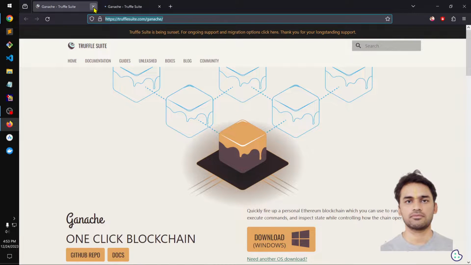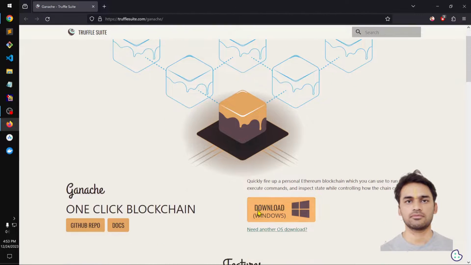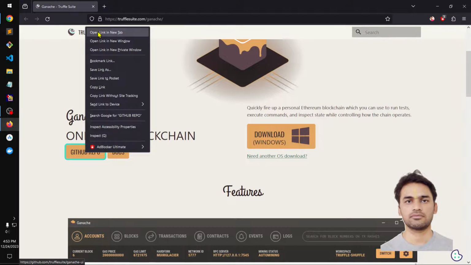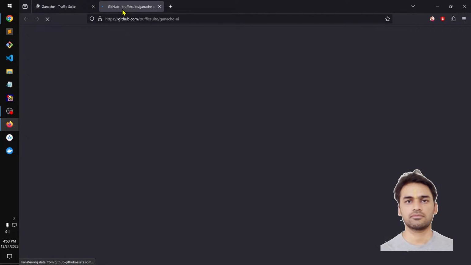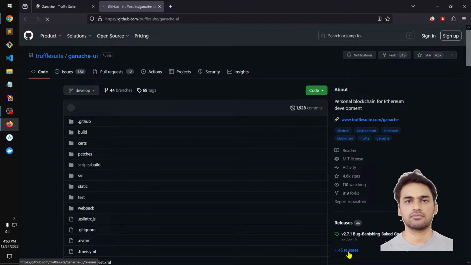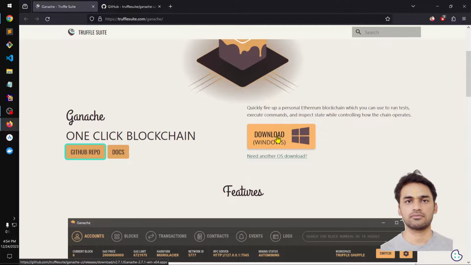The same page, okay? Now it detects your operating system, or you can visit the GitHub repo and go to releases, 46 releases, or download right there. But it is a good idea to download if you get something like this